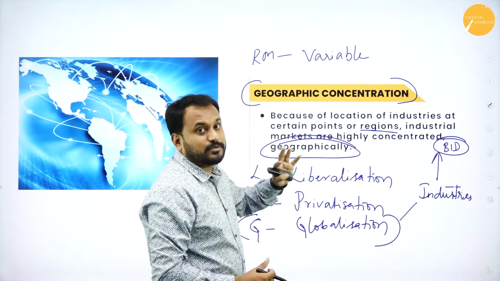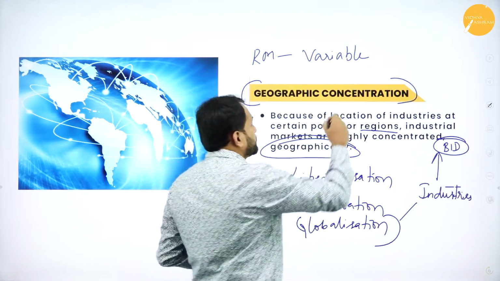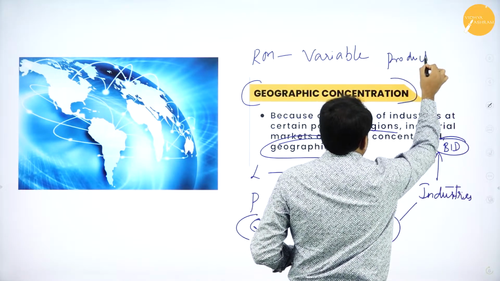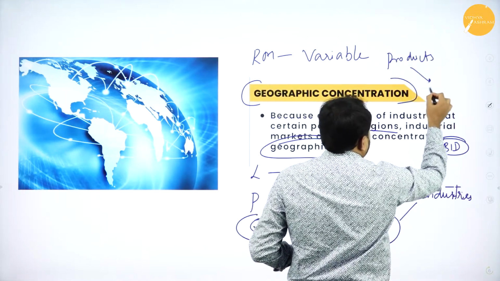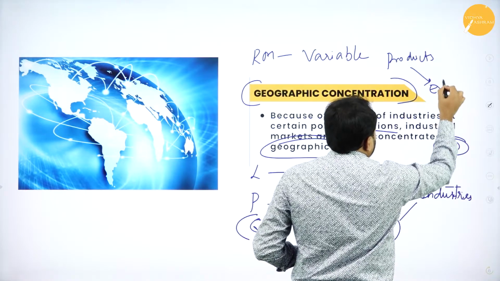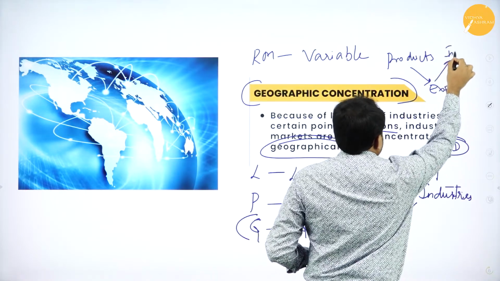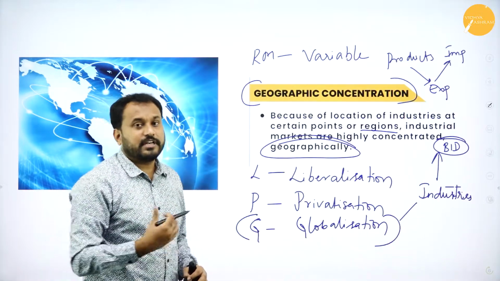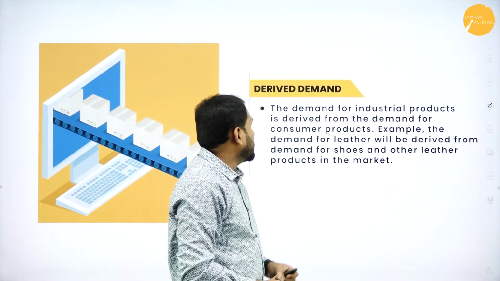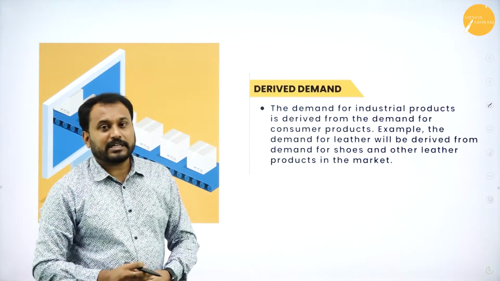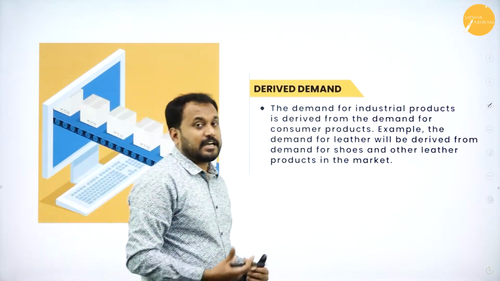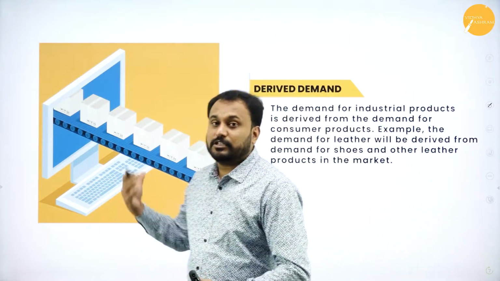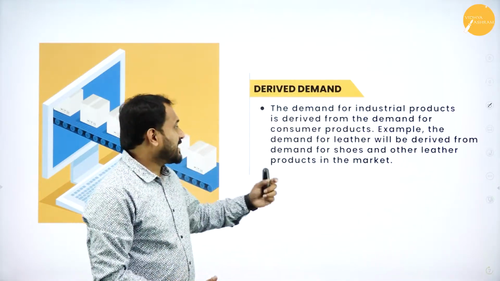Now the raw material is what? That's why I'll tell you. Even our products are exported as well as imported. The reason is concentration of geographical nature. The next one here is derived demand. What is that derived demand? How do they come to a conclusion that there is a demand or there is not a demand? As I told you about the geographical concentration, it's just a continuity of it.